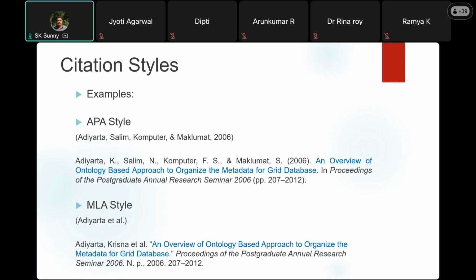So you have to educate yourself. You have to spend some time to learn these skills, not everything, because reference management software can take care of these styles. That is the main purpose of reference management software. Okay, I will come to that later. Just to give you an example,